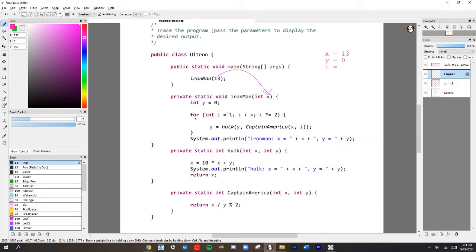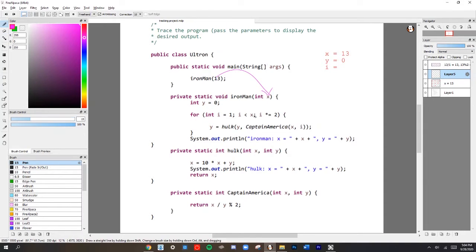So I'm going to set y to 0, and then it's going to have us run a for loop. So basically it's going to loop a specific amount of times, and it determines that by setting this variable, in this case I, equal to its starting point, in this case 1, and then it increments that number by however much they put here. In this case it's I, and it's multiplying by 2. So I doubles every time, and every time that it doubles, it's going to run whatever's inside these brackets, unless